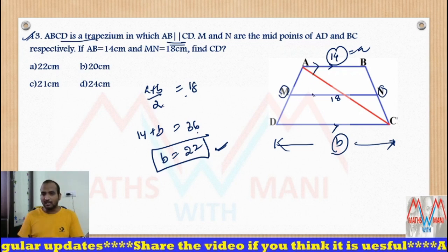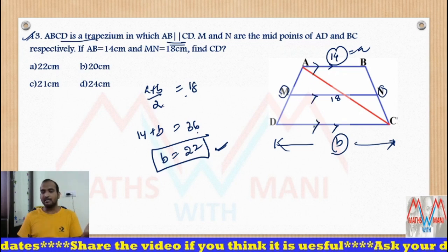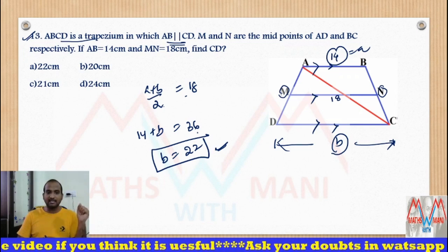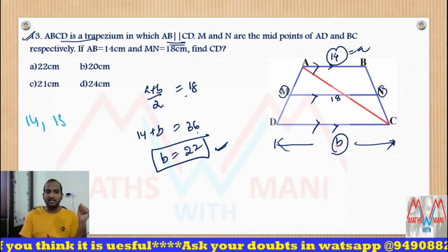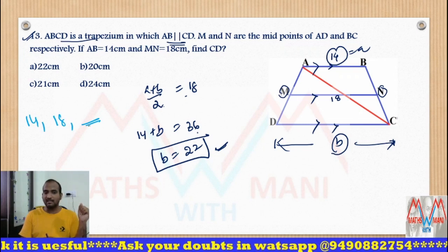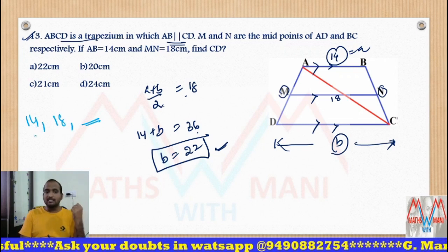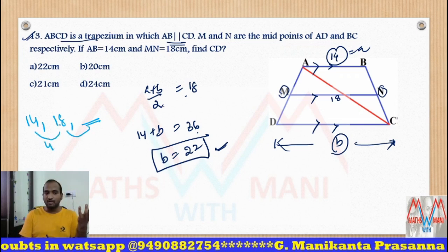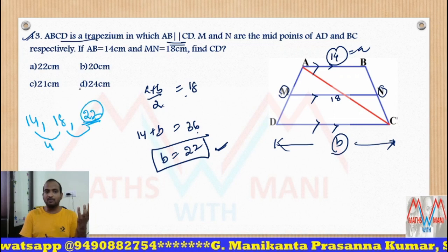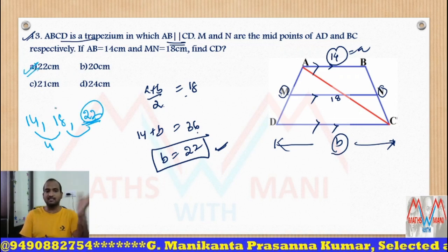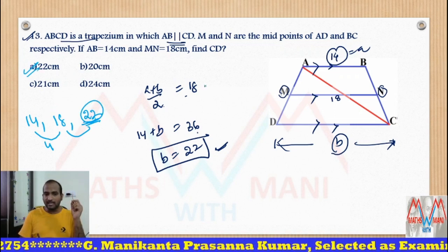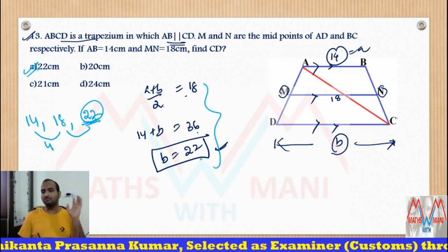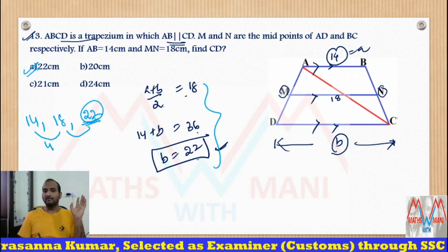But in the previous question I told you, all the three parallel lines are in arithmetic progression. Yes, so 14, 18 and the other line, that is CD, are in arithmetic progression. Since they are in arithmetic progression, the common difference is the same. What about this 4? So 18 plus 4, how much? 22. So 22 is the correct answer. That's it. Without writing any equation or any formula, I am directly answering that question. Clear, all of you?